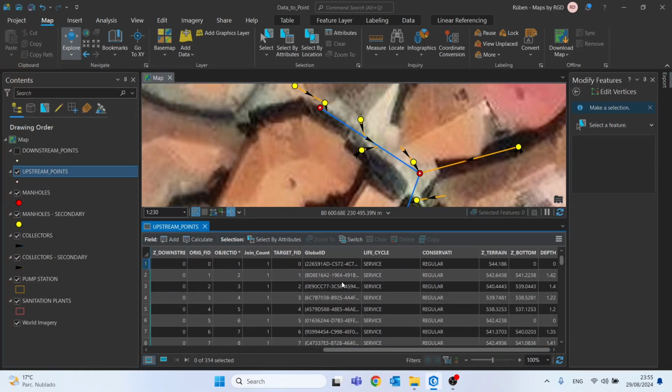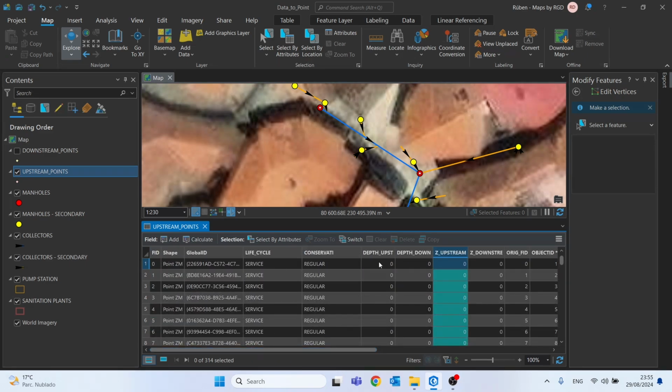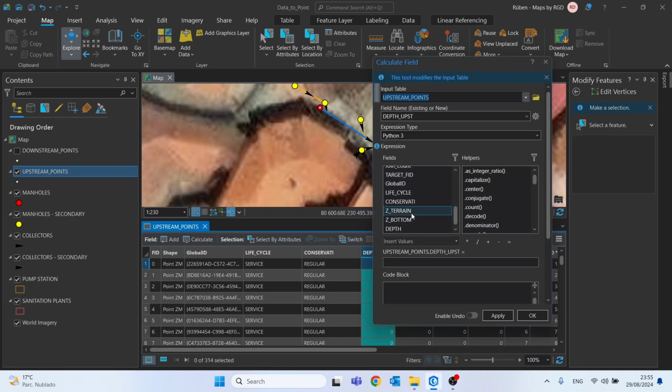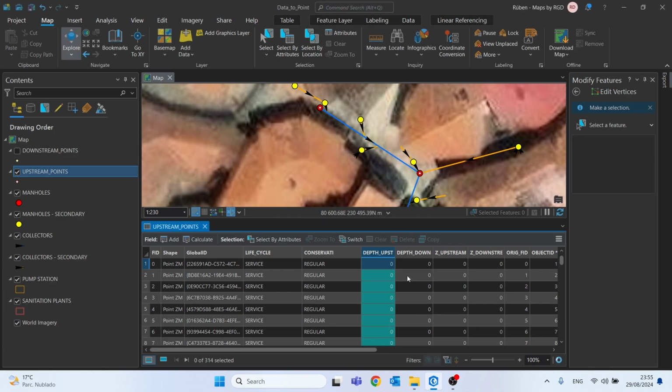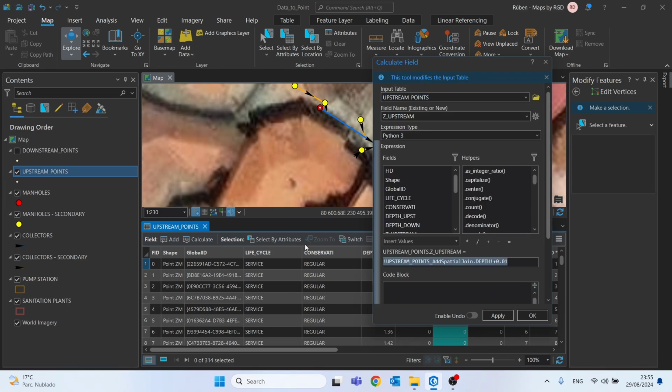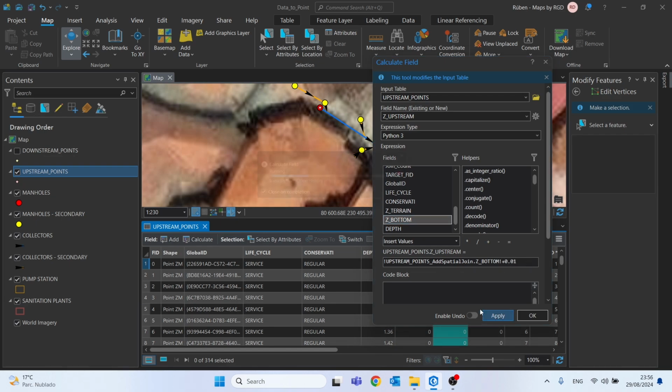As we saw in the image I showed, to calculate the upstream depth, we have to add 1 centimeter to the manhole depth. Let's right click on depth upstream, go to field calculator, and the formula is depth plus 0.01 centimeter. And for the Z upstream, go to calculate field again, and the formula is a little bit different, it is Z bottom plus 0.01 centimeter as well. Click on apply,